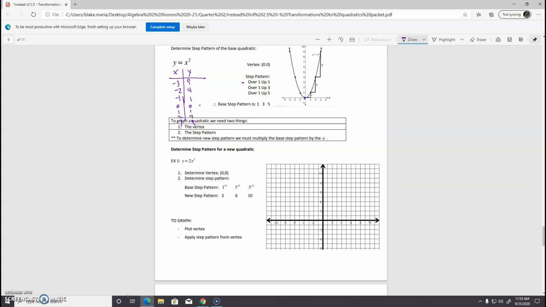So here, if you're trying to do the 2x squared, you would have 0, 0 still. We have the same vertex. But now I'm going to go over 1, up 2, and over 1, up 4, over 1, up 6. And that's both ways. Over 1, up 2. Over 1, up 6. And notice my graph got really tall and skinny. So that's all